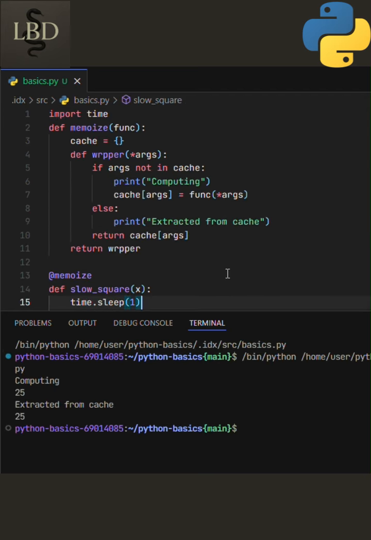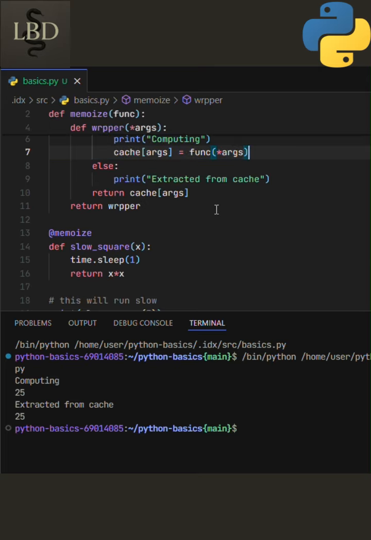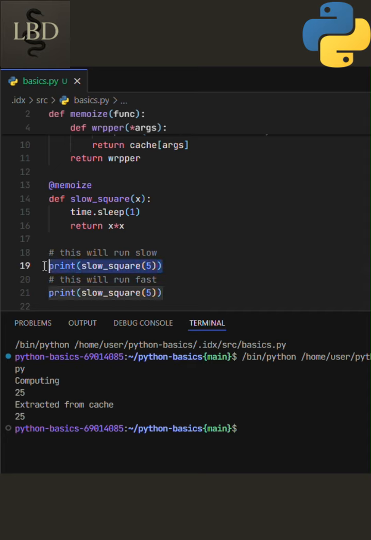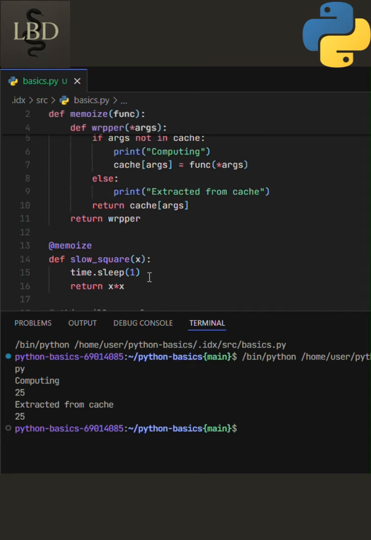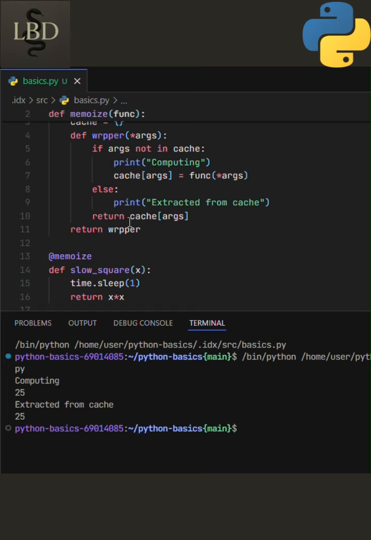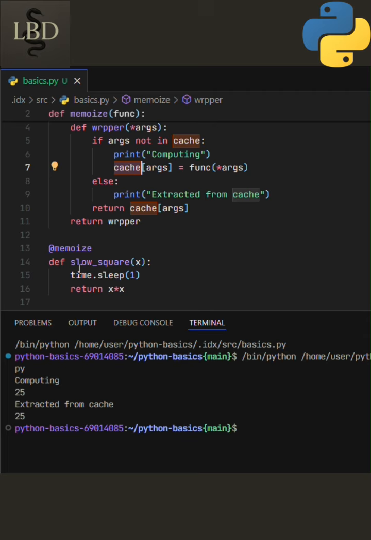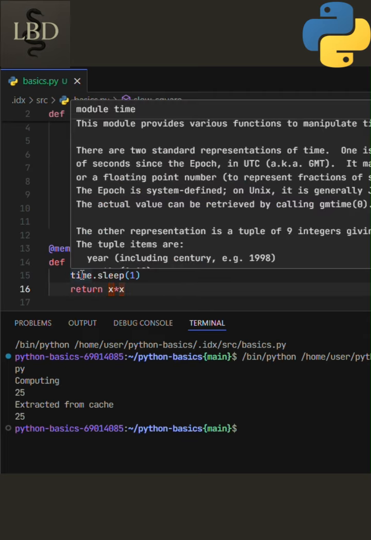In this example, we have created a Memoized decorator, which stores a cache dictionary in its closure. On each call, it checks if the arguments that we are passing via the function are already present within the cache. If not, then it goes and calculates the data, stores it in the cache, and ultimately returns the value. So when we call the slow square the first time, since the cache is empty, it goes and calculates the value one at a time and stores the value x into x in the cache.